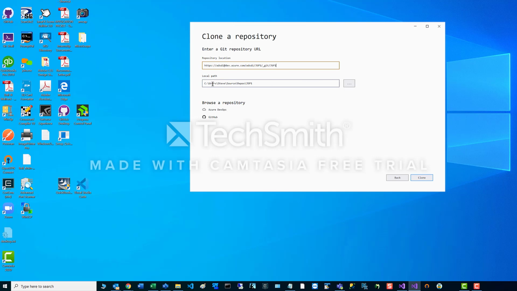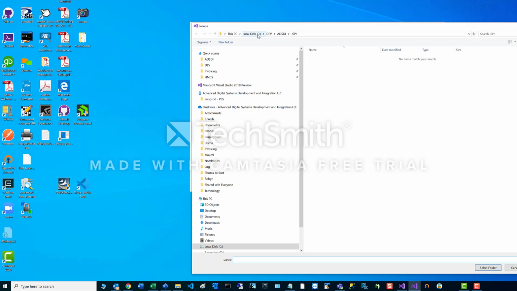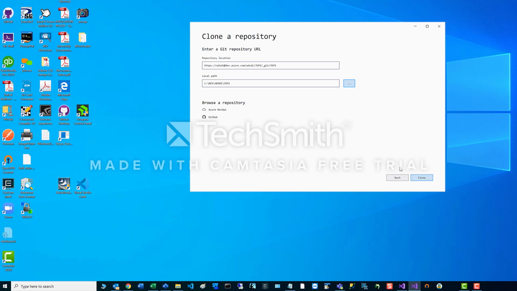And then the local path, I want not to use whatever this defaults to, but I want to go out and navigate to C dev ADSDI JSP1. So you might have to navigate there. Mine was set because I've been in this directory just recently. I'm going to select that folder. So I've got my online repository location there, and I've got my local path here. And all I need to do now is click on Clone,